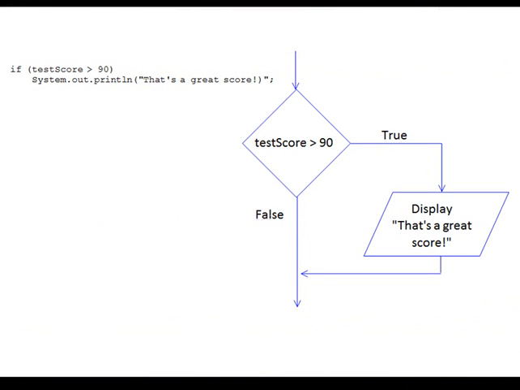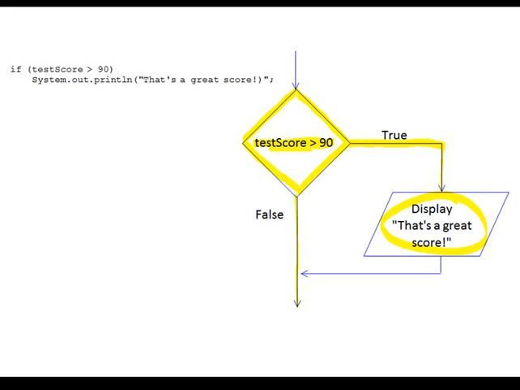This is what an if statement looks like in a flow chart, and it helps to illustrate how the flow of execution takes place in the program when we encounter an if statement. The diamond symbol represents the test where we determine whether the Boolean expression is true or false. So in this example, we're testing the expression test score greater than 90. If that's true, the program follows this path of execution, which leads to the output operation that displays the message "that's a great score." However, if this Boolean expression is false, the program follows this path of execution, which bypasses